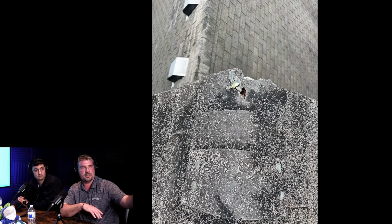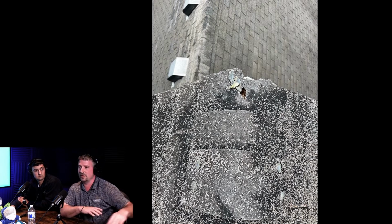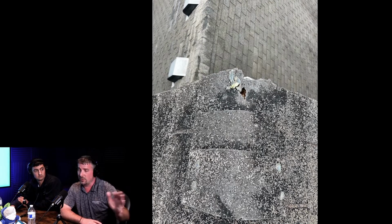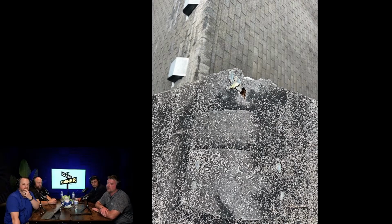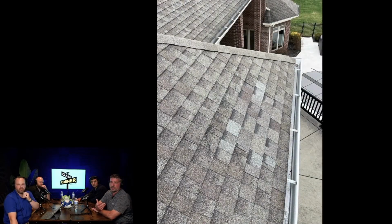Now, understand that the entire ridge did not look like that. Birds, the way they like to be up there and where they perch constantly, not the entire ridge looks like that, right? That's kind of one end of the spectrum as far as condition is concerned. But again, the reason I document that is because I've taken other condition shots. Let's look at one of those other condition shots kind of in the open field in the middle of my test area. I'm documenting condition throughout an inspection in multiple ways, right? As we do a test square on